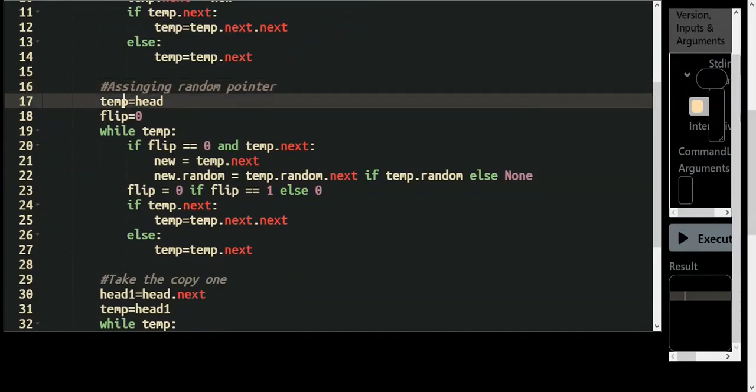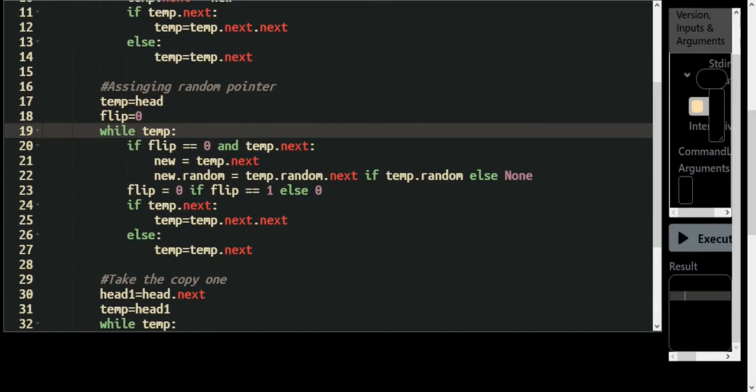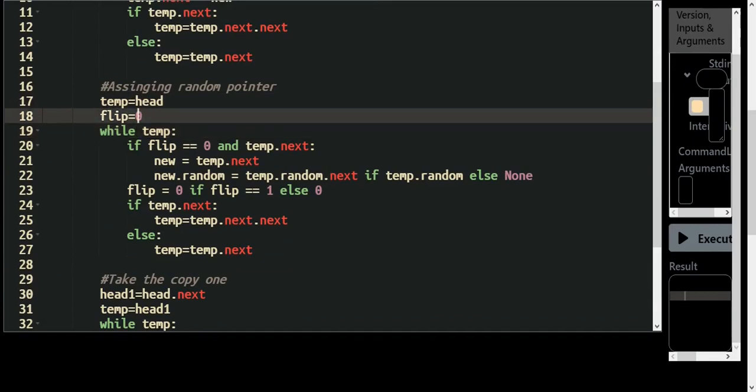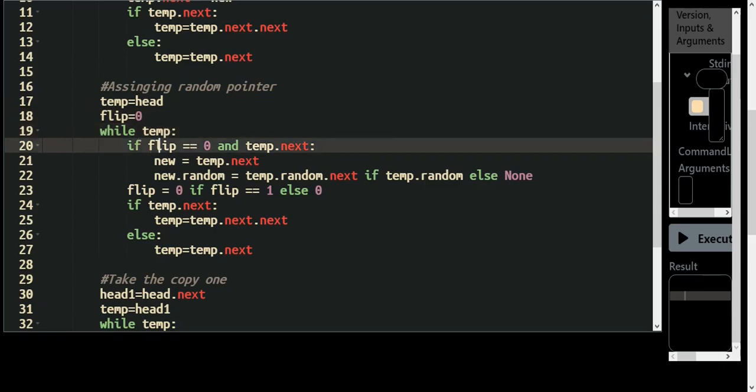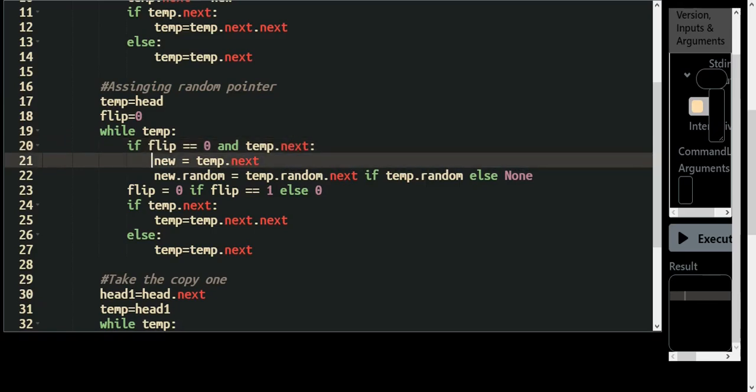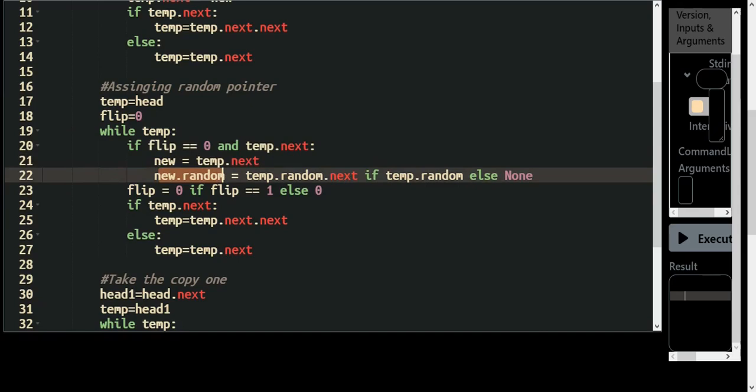We will take a temp variable and a flip variable. This flip variable is just to track that every alternate time we have to do the steps. While temp is not empty, if flip is equal to 0 and temp dot next exists, we will take the copy node and assign the random pointer of the copy node with temp dot random dot next, which we have done earlier.